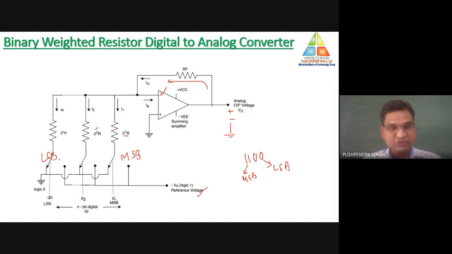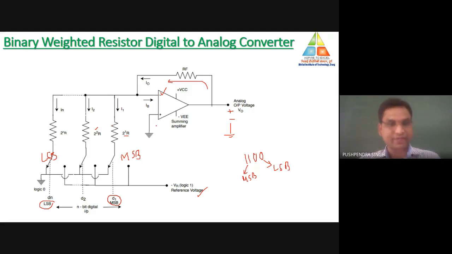If this is clear to you, you will not face any problem in solving any question. So remember this: whatever resistance is connected nearest to the operational amplifier will be connected with the MSB bit, and the resistance connected at the last will be connected with the LSB bit. It is also written here that the first bit is MSB and the last bit is LSB. Most of the students are facing problems in this, that's why many times I am telling you, just remember this. So this is the basic connection diagram of the binary weighted resistor type DAC.